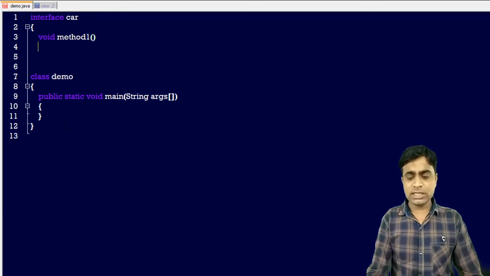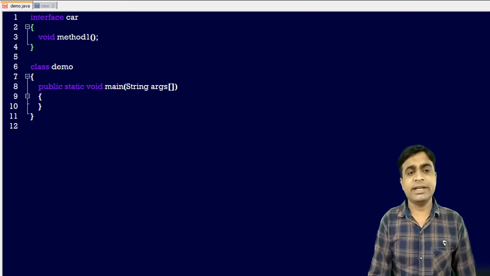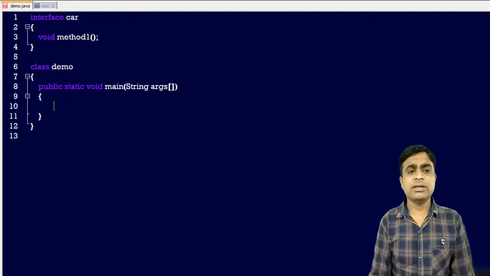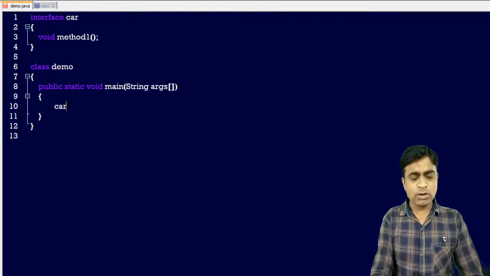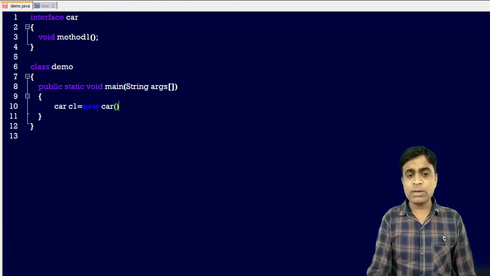In this case the method is automatically an abstract method. So whichever class is extending it, we have to override this method, void method1. Now I am creating the object: Car c1 = new Car. But in this case I am not putting the semicolon.